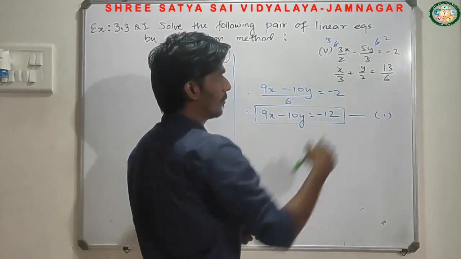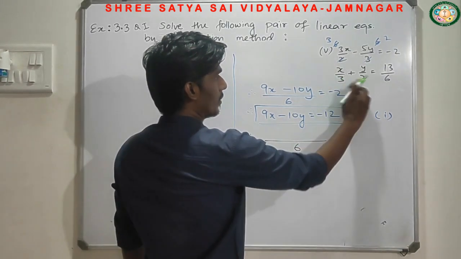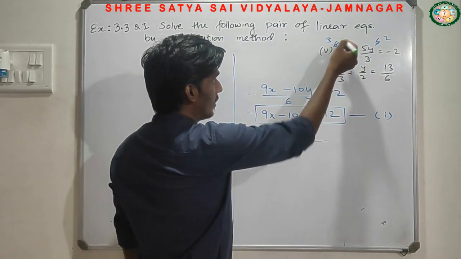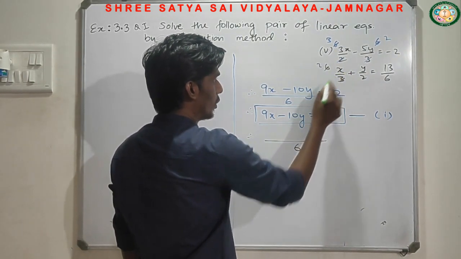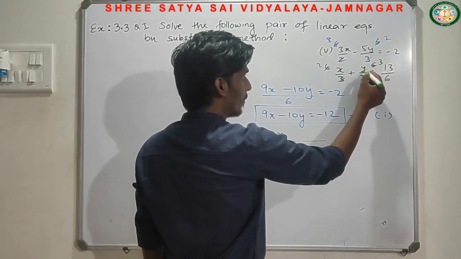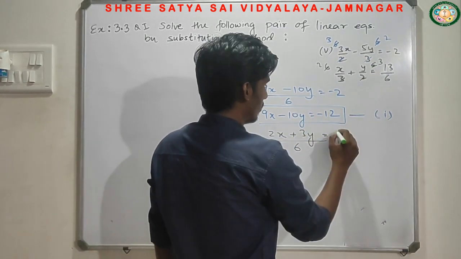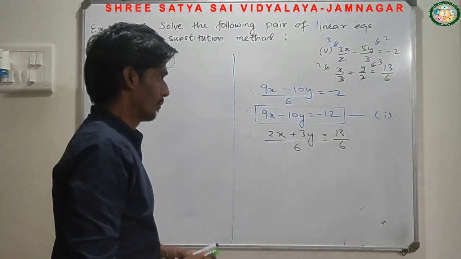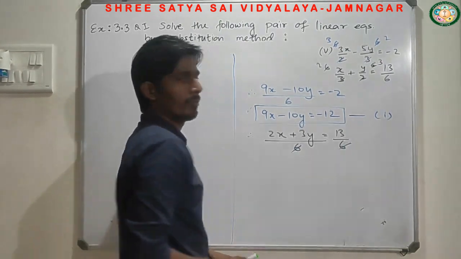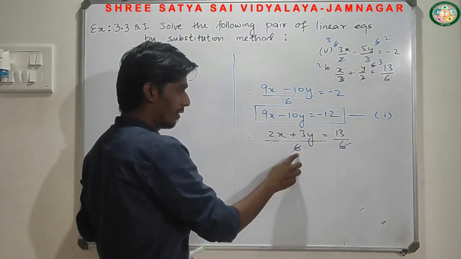Similarly, we can find out the standard form of second equation. That is, LCM is what? 6, 3 and 2. So 2 multiply here, 3 multiply here. Or you can do it in the same way. It's 3 2s are 6, 2 into x, 2x. And if I assume here 6, 2 3s are 6, y into 3, plus 3y equals to 13 upon 6. Now again, whole divided by 6 and here whole divided by 6. So this 6 get cancelled. We can't cancel here 2 and 6 because plus sign is there. Now whole divided by 6 is there.